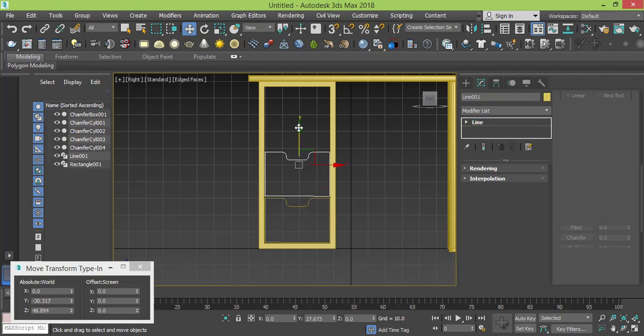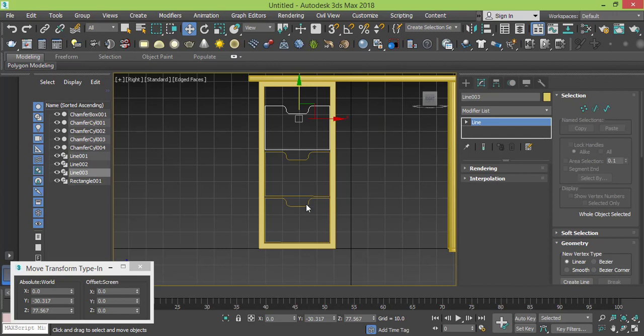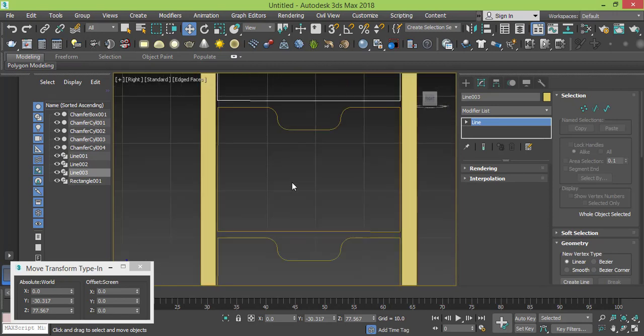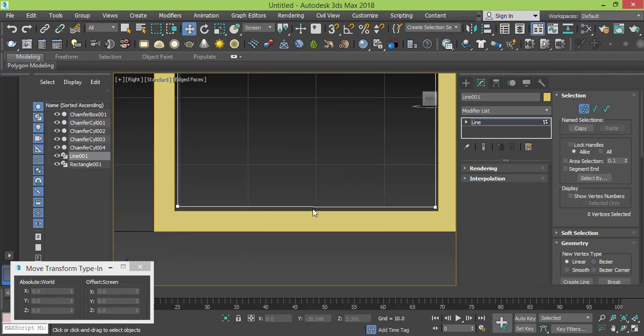Okay, let's shift drag him like this, and it will be copy, and I need 3 copies, and I press OK. No, I need first to modify this point, because as you see this change. Let's select these 2 and use the scale tool on the y-axis. Okay,